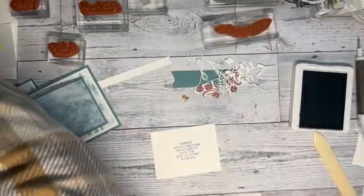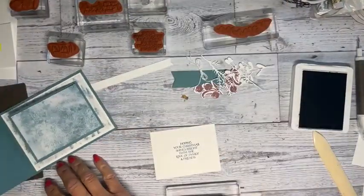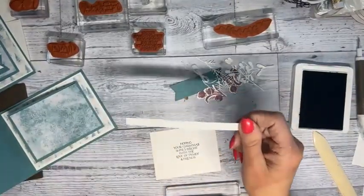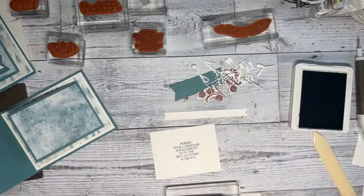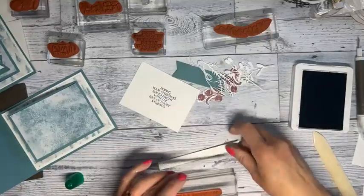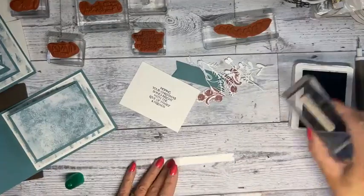Okay, so we got that, and then I wanted to use a thinner piece because I had cut this out with the stylish shapes. So I just have a white, and what I'm going to be using is, oh goodness, if I can find it, my punch. What did I do? Oh, here, the little banner punch. So I'm going to be using that. I'm going to go ahead and stamp this Happy Holidays, and I did one side already, but you can just go ahead and